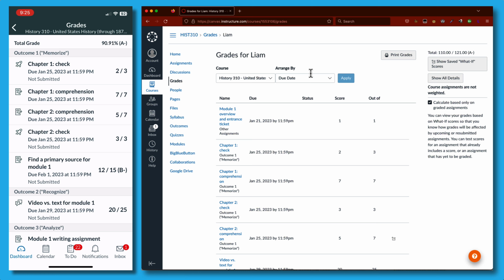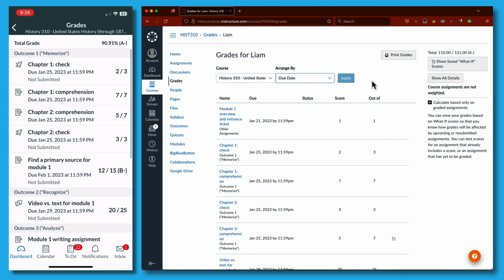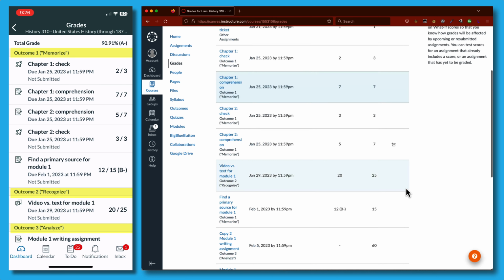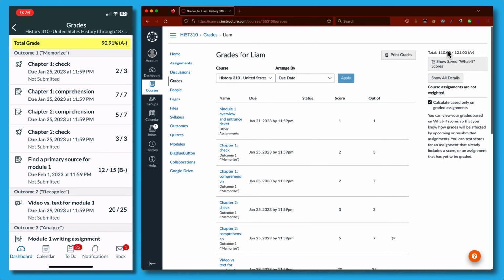shows. First, students do not have the option to reorder the list of items. Second, while grade items are organized by assignment groups, the scores for assignment groups are not displayed. Next, the total grade is always a percentage, even if you have it set to show as points in the browser. If you use a grade scheme, its symbol does appear next to the percentage, just as it does for percentage or points in the browser. Finally, the total grade cannot be changed to show a grade based on total points versus graded points.